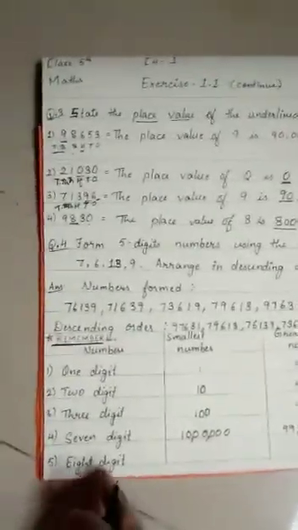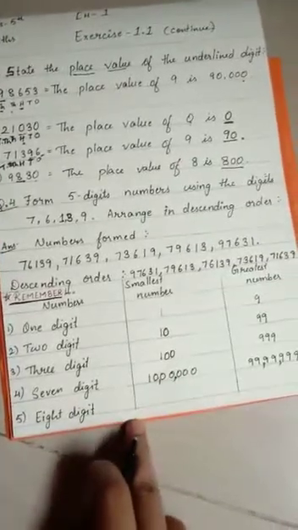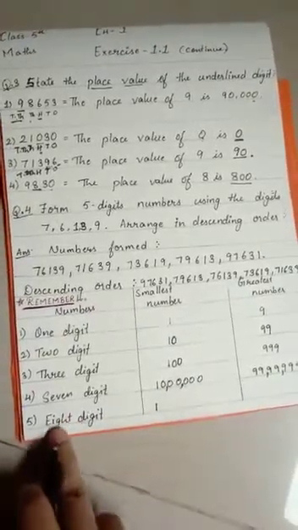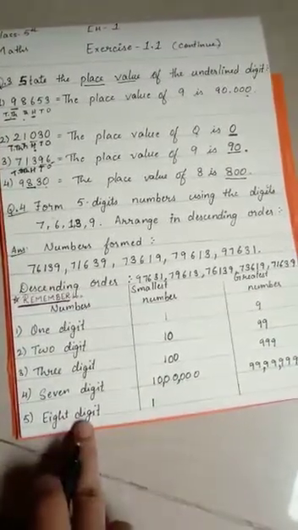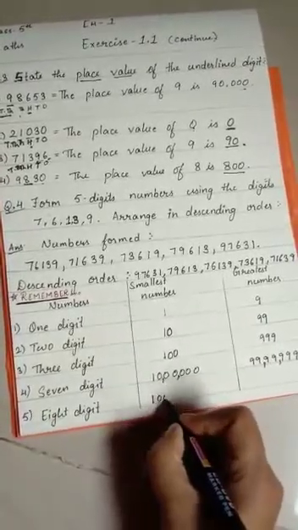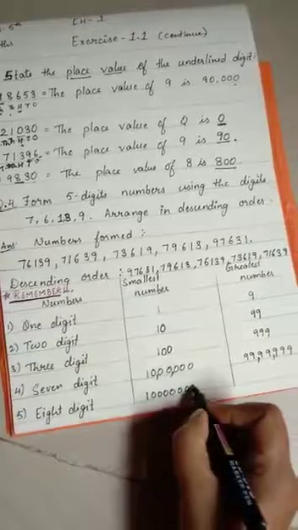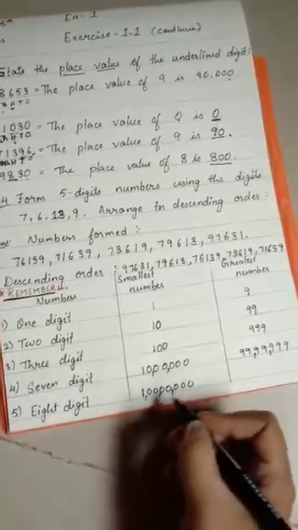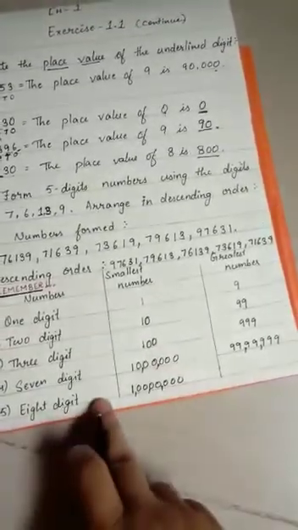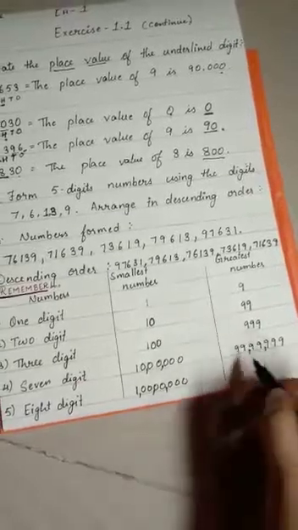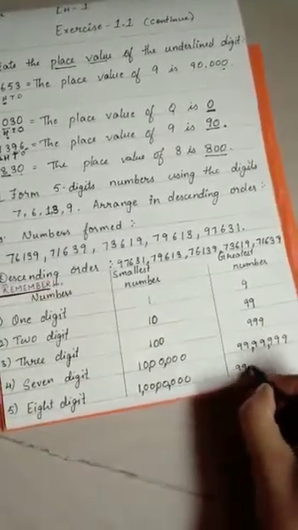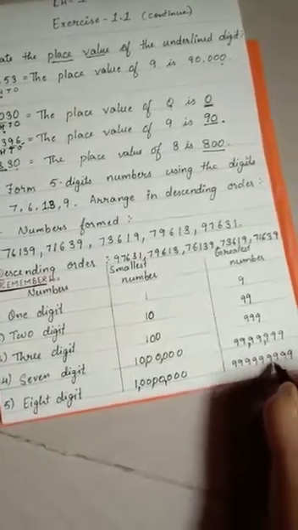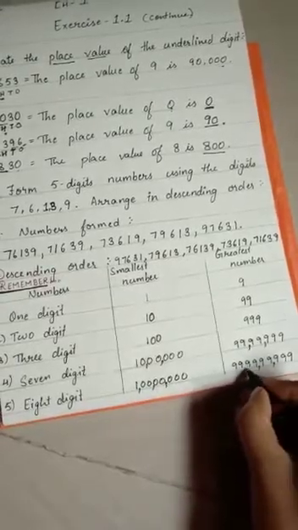Now similarly for 8 digits, you write 1, and then how many remain? I have already written 1, so 7 remain. So 7 zeros: 1, 2, 3, 4, 5, 6 and 7. Put commas like this. And then the greatest 8-digit number means writing 8 times 9: 1, 2, 3, 4, 5, 6, 7, 8. Then commas like this.